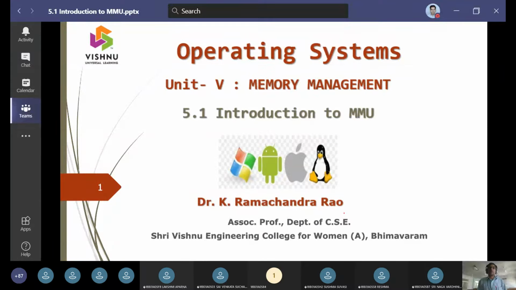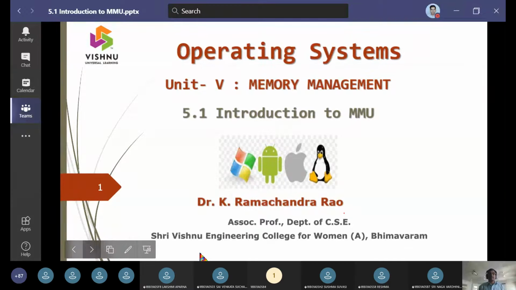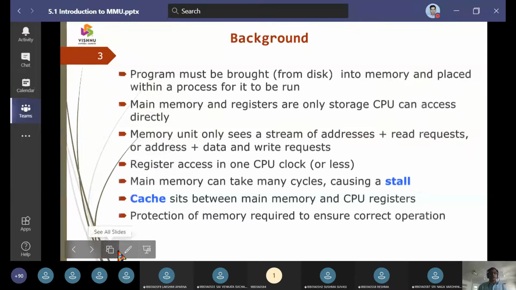So in today's class, we will be taking up a new unit, that is Unit 5, memory management. Regarding this unit, we have a plan where it will be covering the following aspects. One, the background, followed by swapping. One, it is going to have the background information. Second, it will be dealing with swapping content and